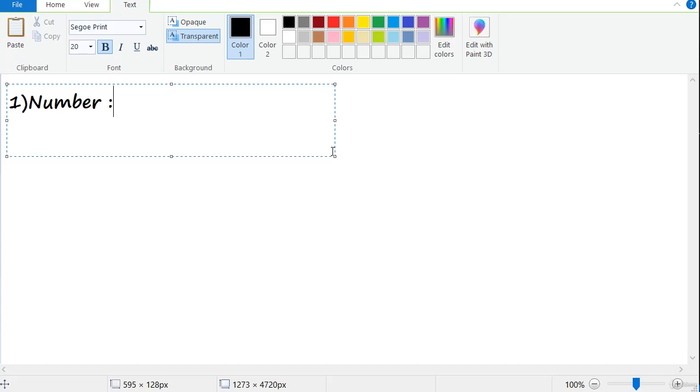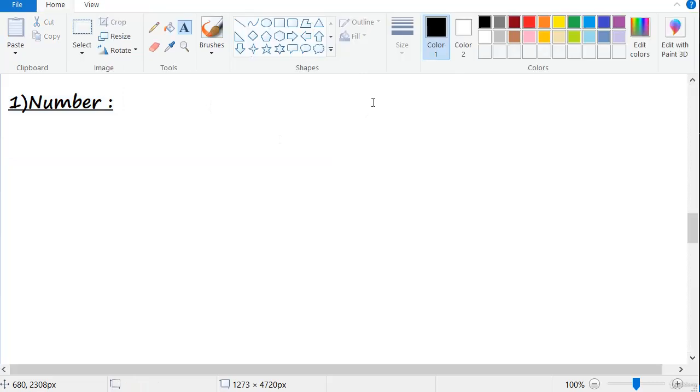Number data type. What is the use of number data type? A number data type in JavaScript is used to specify signed or unsigned integer. For example,